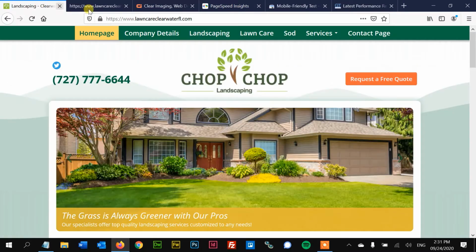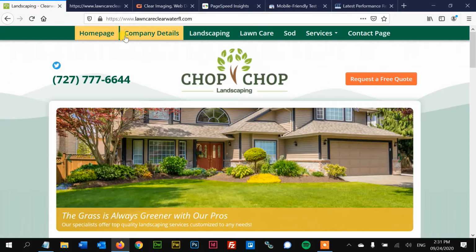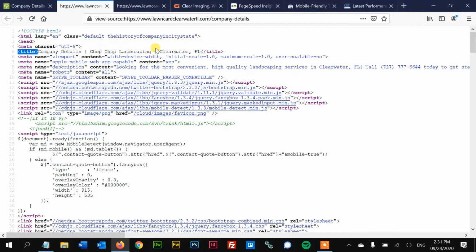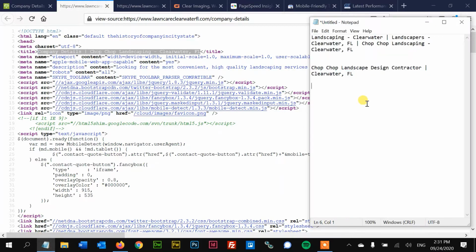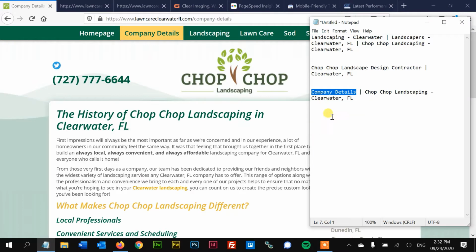And then every page of the website needs to have a title, unique and optimized. If we go over to the About page, let's press Control U. Company details, company name, Clearwater, Florida. Not too bad. I think this could be optimized a little bit. Let's copy and paste it. Because company details isn't necessarily a search term you're trying to rank for. That's what you want to think about in the title. You want to think about what is on the page that we're describing, and then can we put our keywords in there? So about the company,